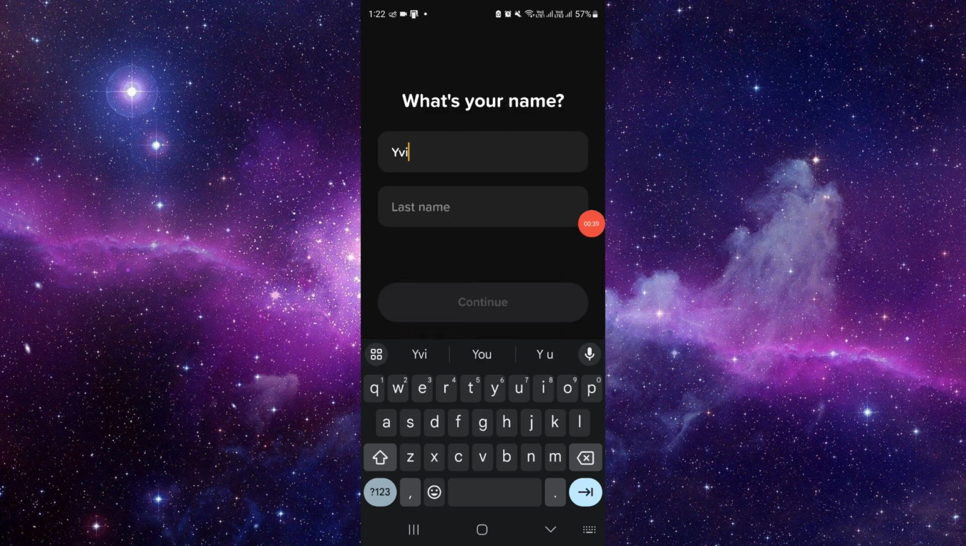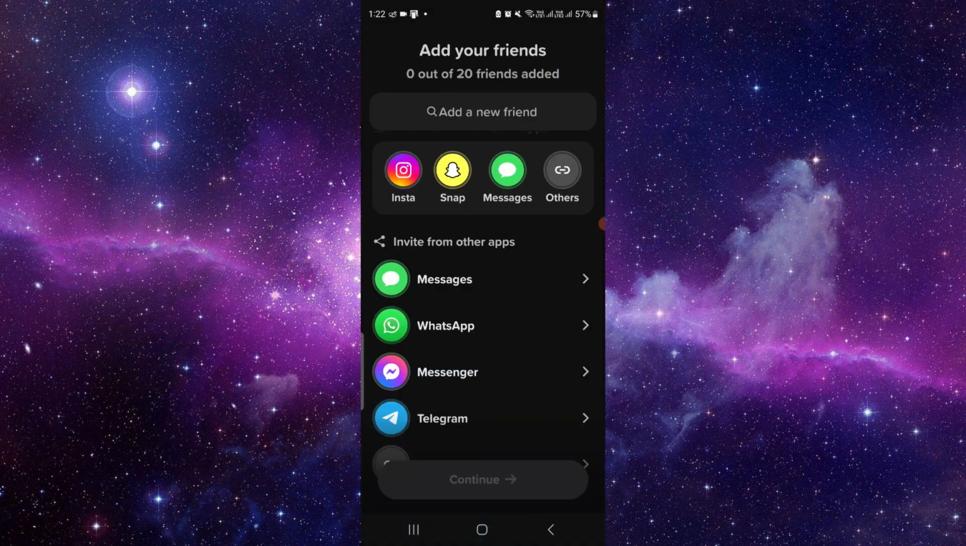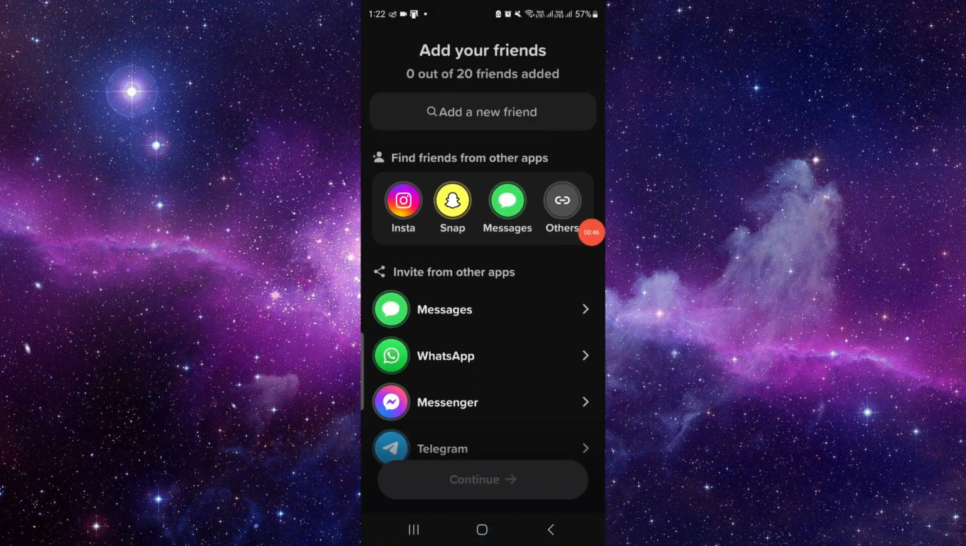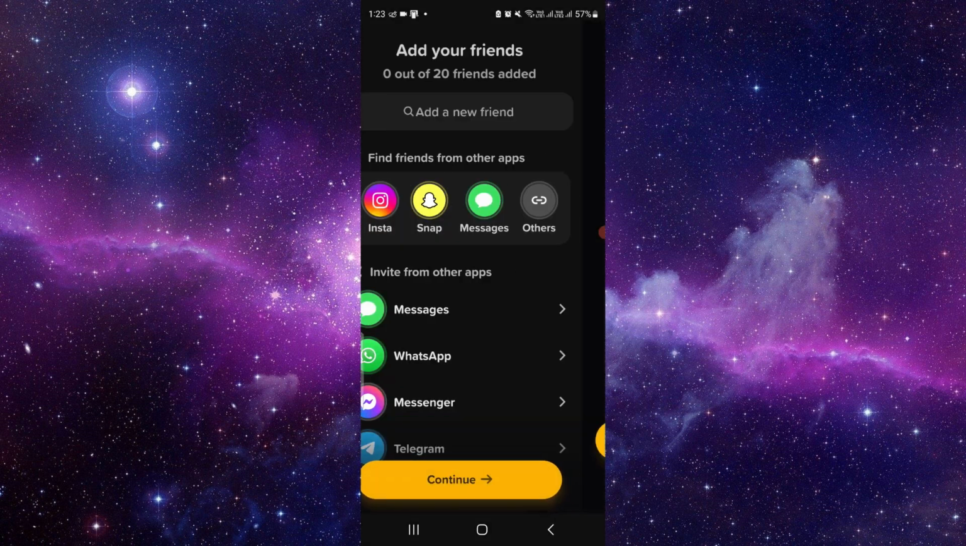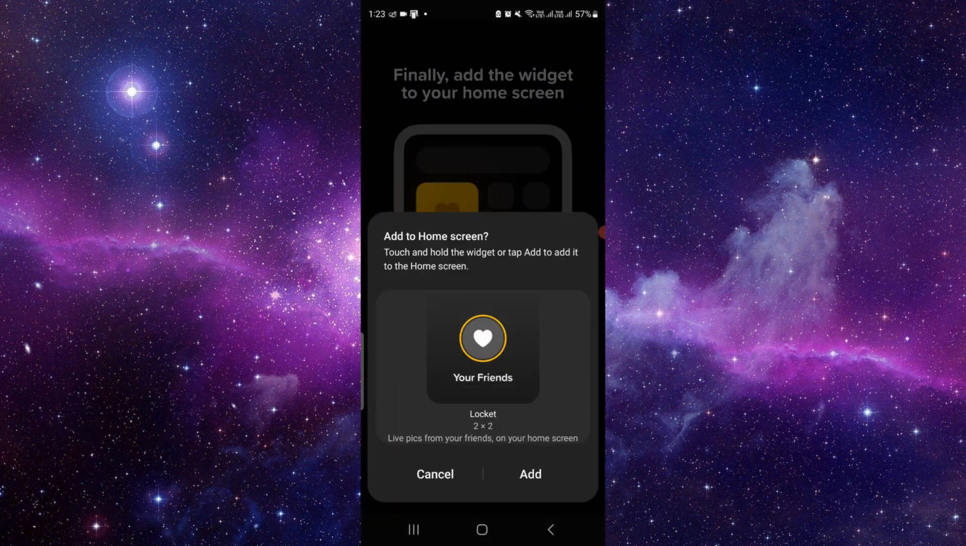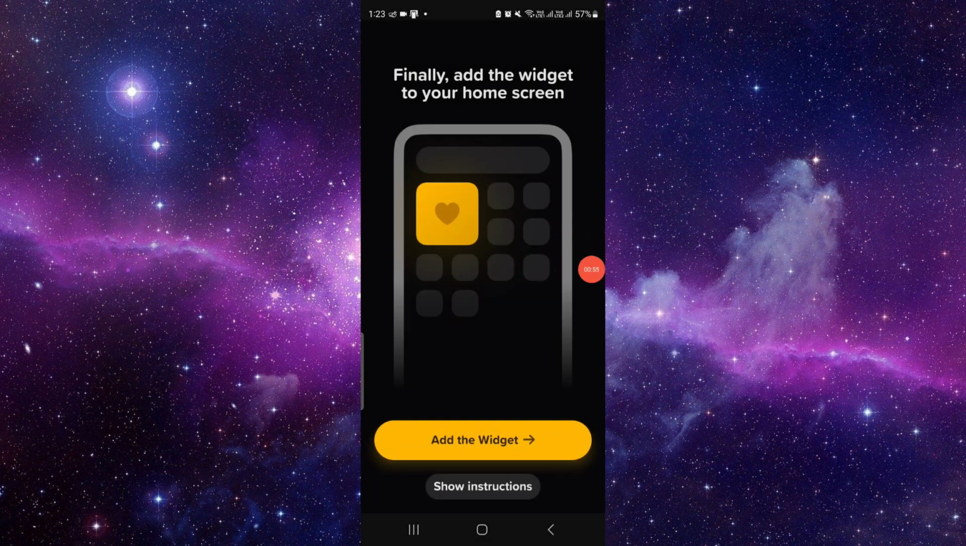Then here you can write a first name and then a second name, and from here you can invite your friends from the other apps too. And then after that you have to continue, and you can just add the widget, and after that you can recap into the